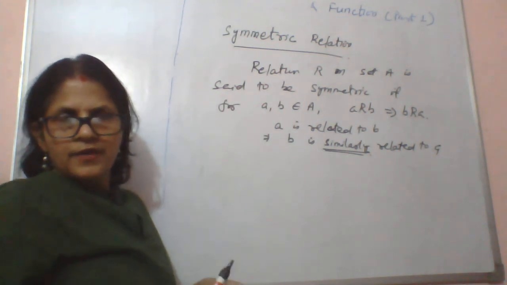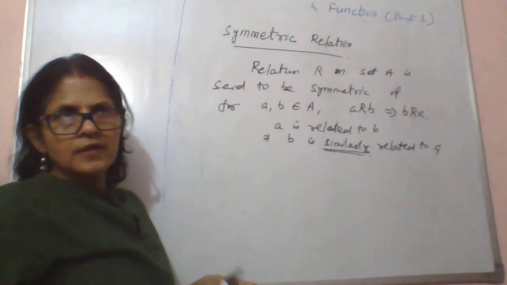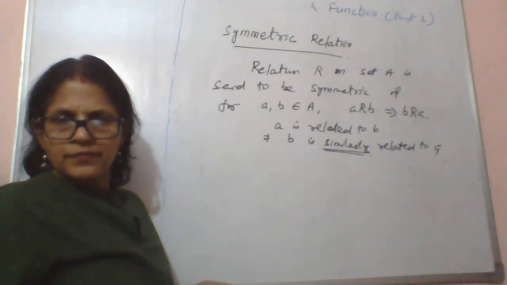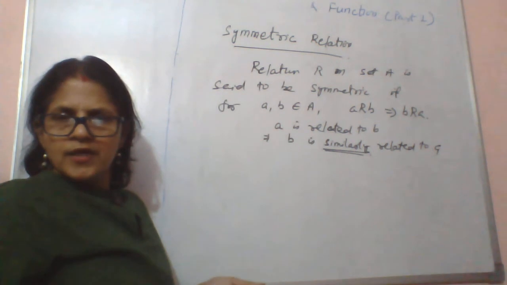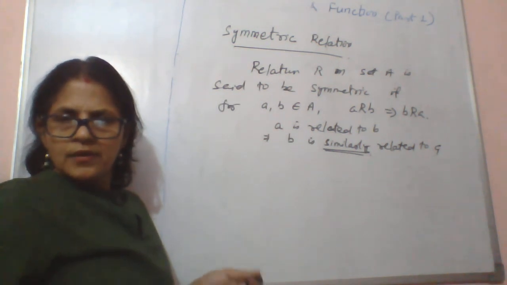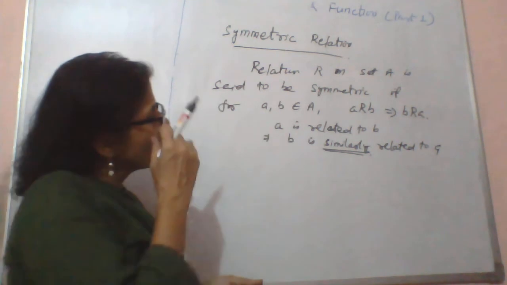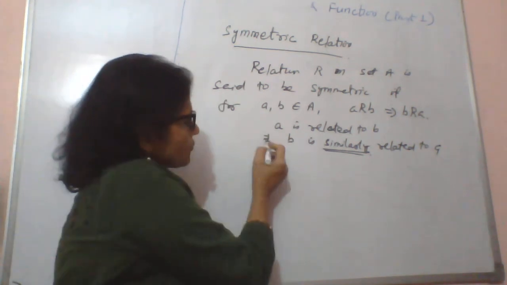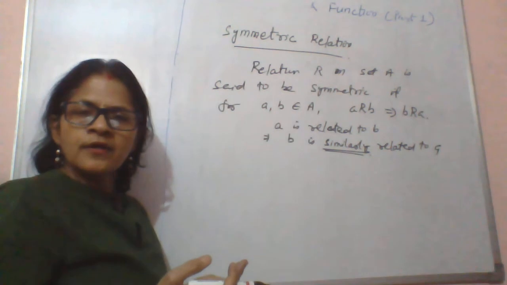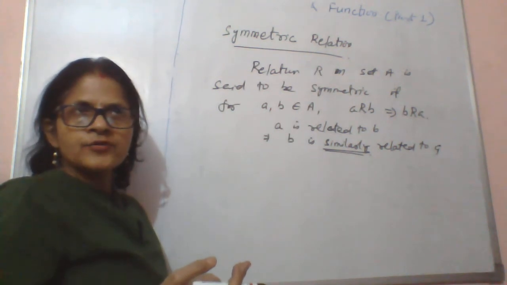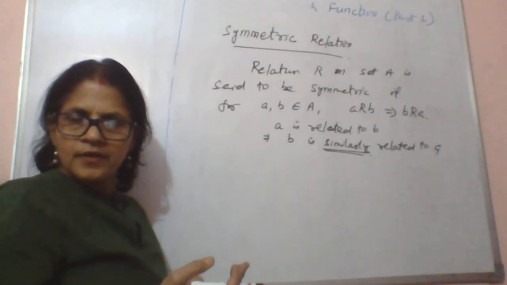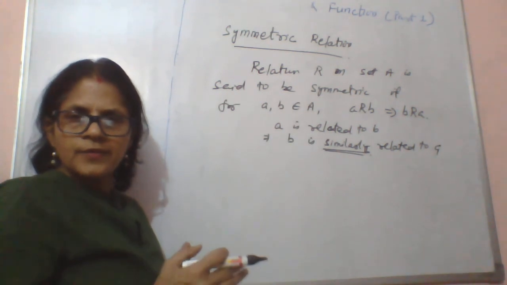Similarly, if I say A divisible by B, for example, 6 is divisible by 2, this doesn't imply 2 is divisible by 6, right? So these are examples in which the relation is not symmetric. Okay, so this is one thing. So equality, similarity, congruence, and also perpendicular in case of lines, these are symmetric relations.